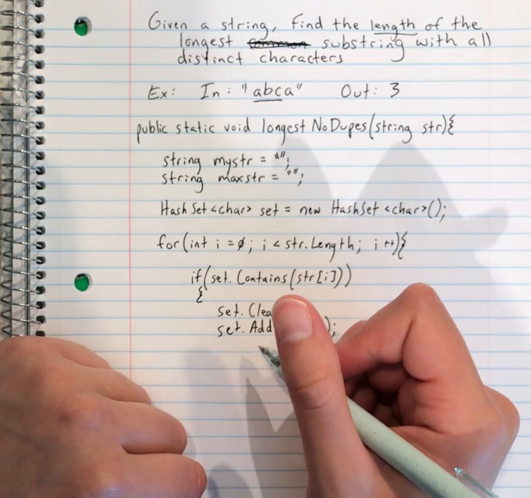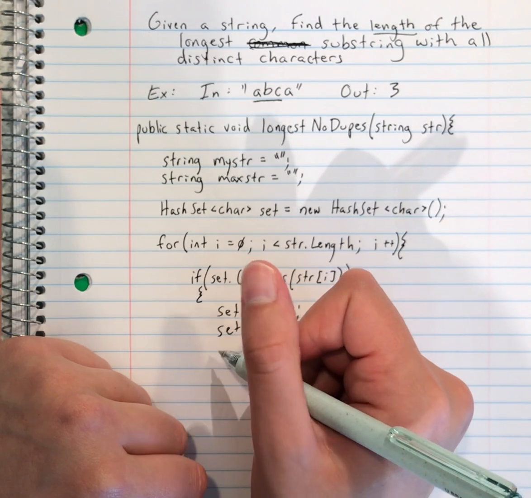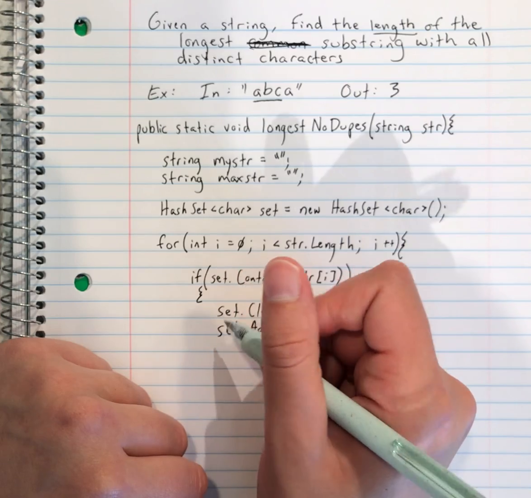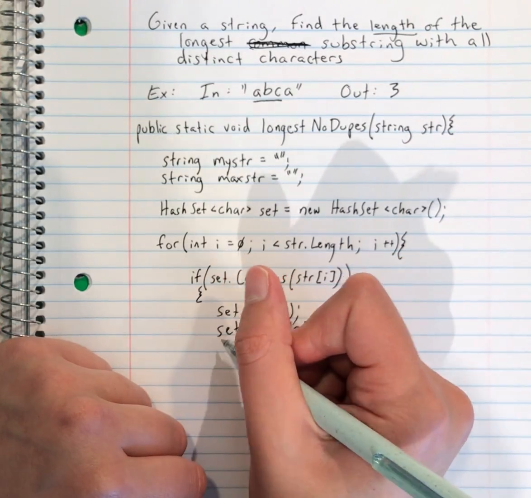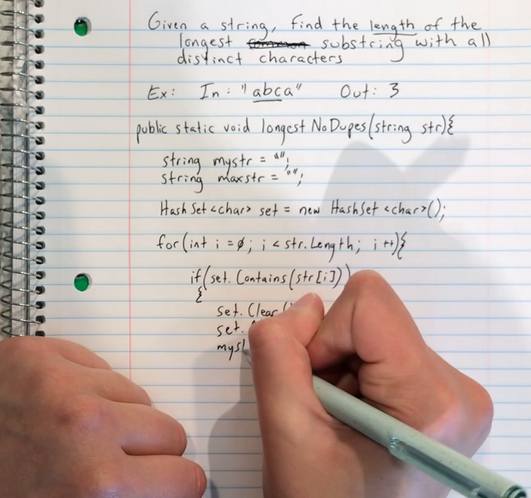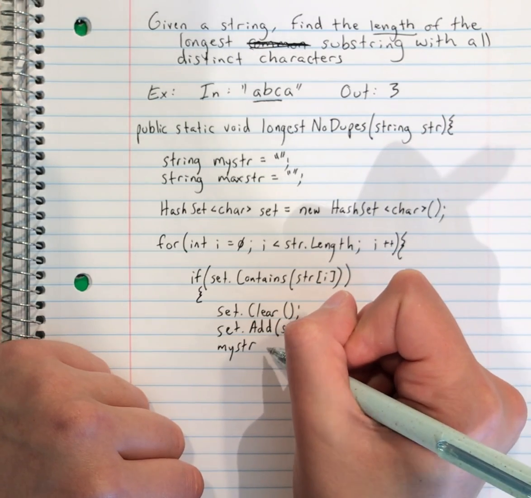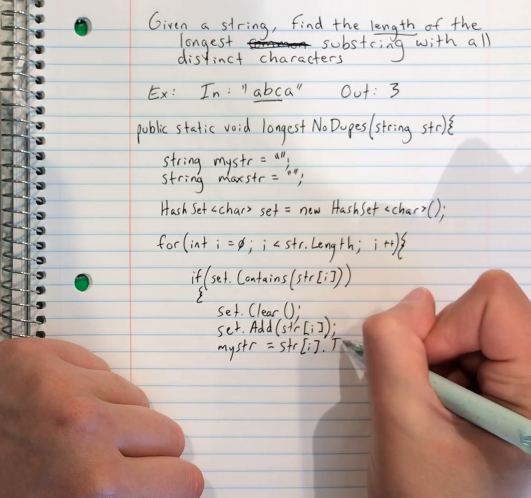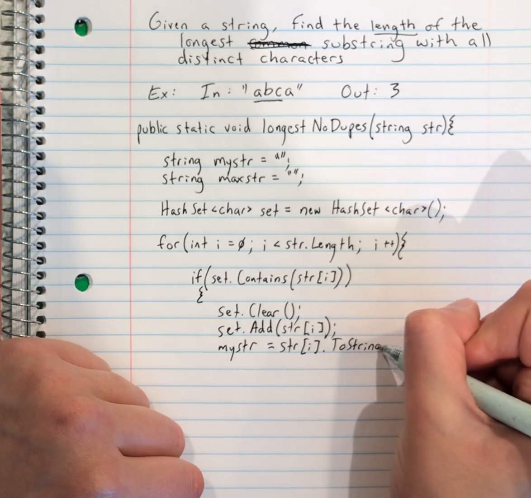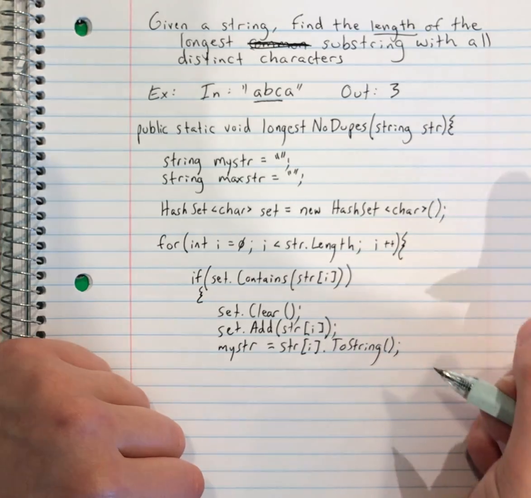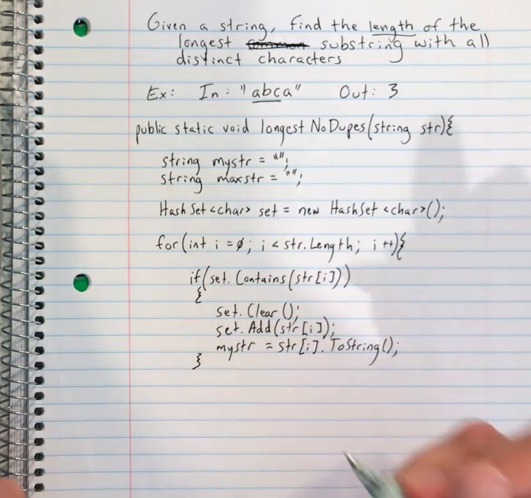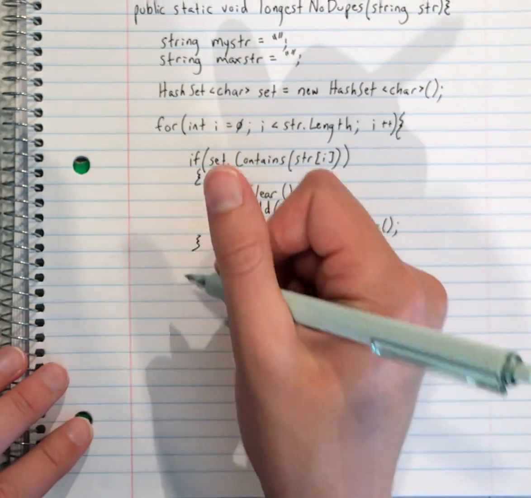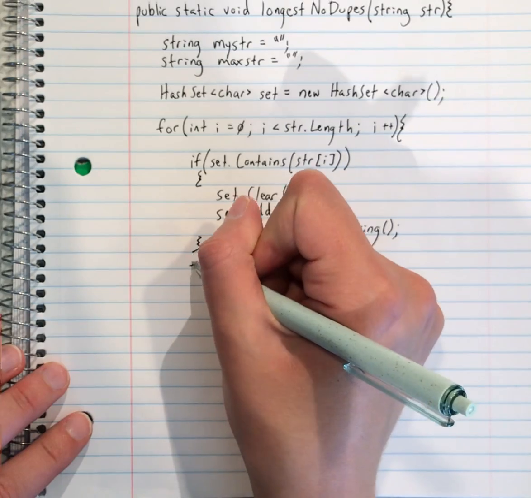And add the ith element to my string. Or not add it to it, I'll replace my string with the ith element. And end this if statement. Moving along. Else,